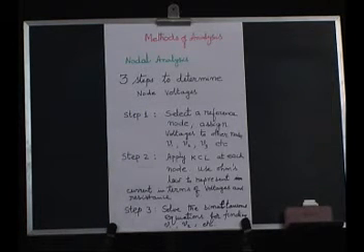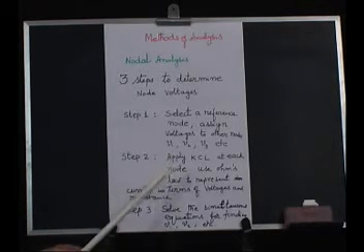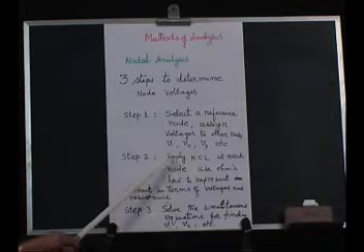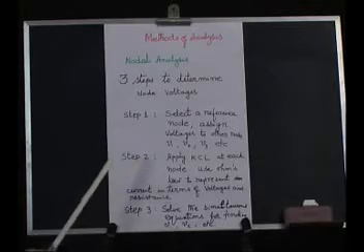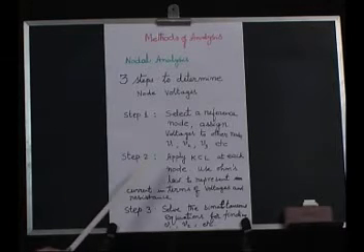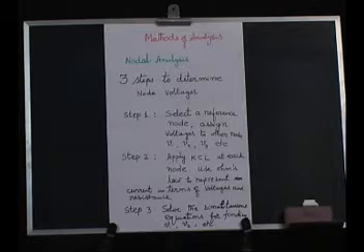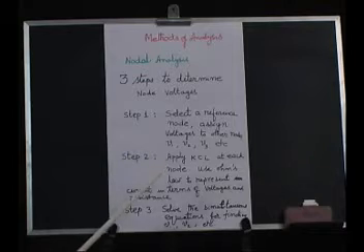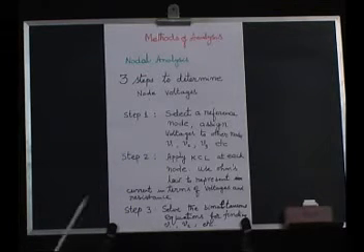In the second step, we write Kirchhoff's current law at each of these nodes. Nodes, as you know, are junctions. In Kirchhoff's current law, there is a relation between the currents entering a node and currents leaving the node. But we use Ohm's law to represent these currents in terms of the voltages and the resistances. If there are n non-reference nodes, we get n simultaneous equations. So the problem is to solve those n simultaneous equations.